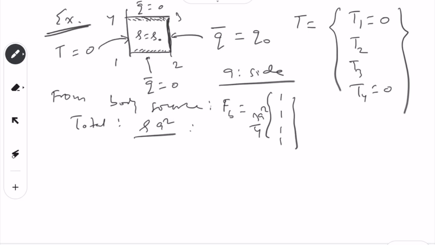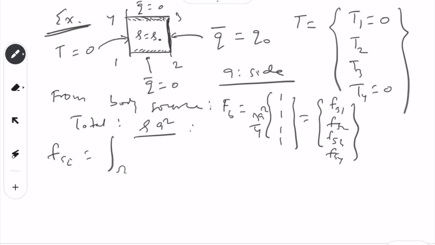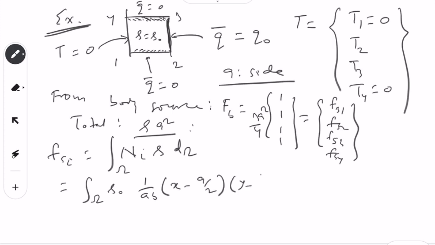Or you can use the equation. And what is the equation? Let us say this is equal to F B1, let's call it Fs1, because S is there. So Fs1, Fs2, Fs3, Fs4 goes like this. So Fsi will be equal to the integral over omega of Ni S d omega. For example here, you remember one was, S we are taking as constant, N1 was 1 over AB times (x minus A over 2)(y minus B over 2) d omega, which will be equal to nothing but